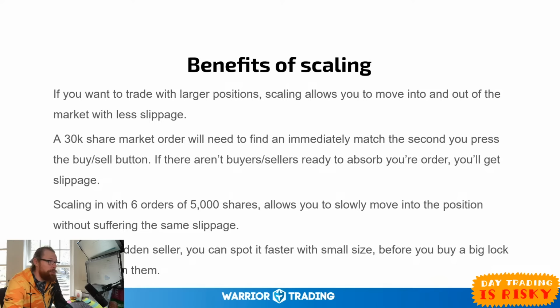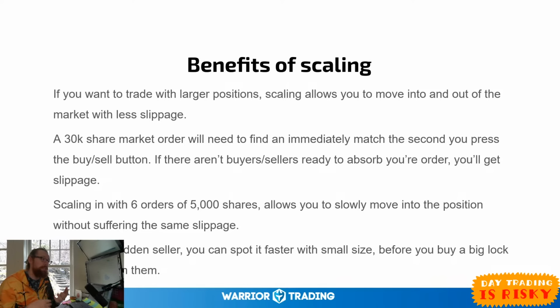If you ever want to trade larger positions, scaling allows you to move into and out of the market with less slippage than one big block order. A 30,000 share order sent as a market order needs to find a match the second you press the buy or sell button. If there are not buyers and sellers ready to absorb your order, you're going to get slippage. Now, if you scaled into that same 30,000 position with 6 orders of 5,000 shares,